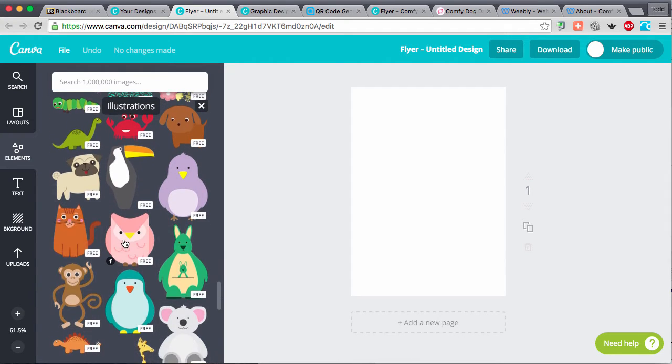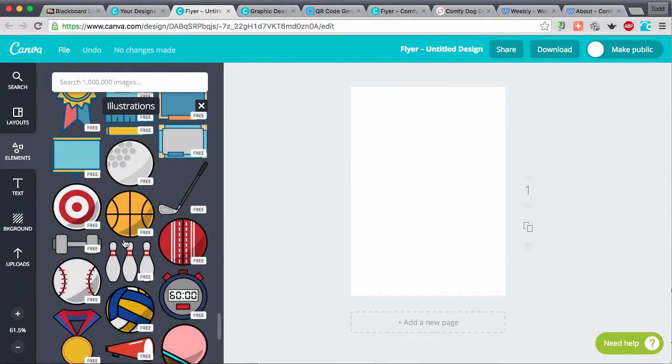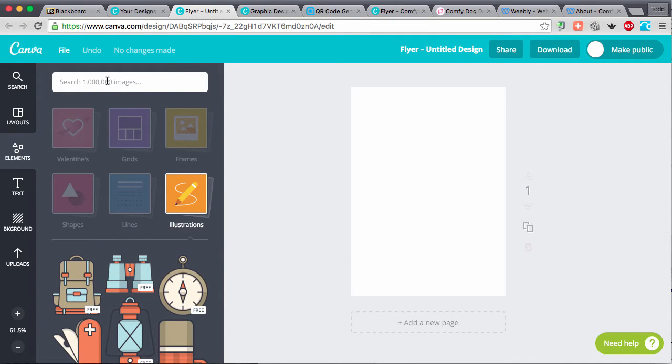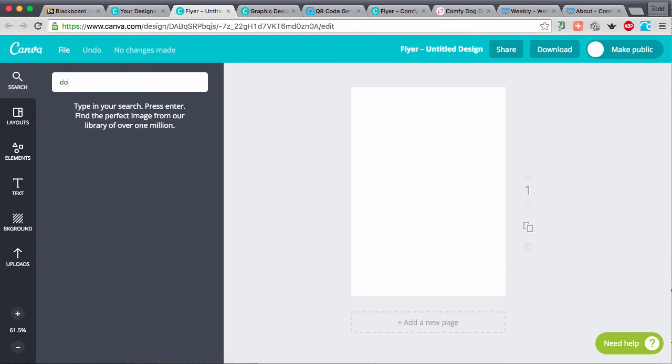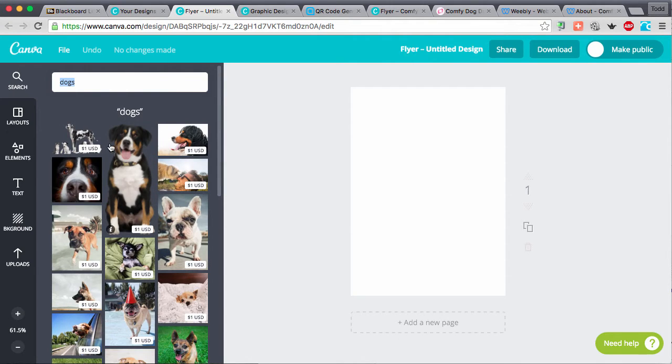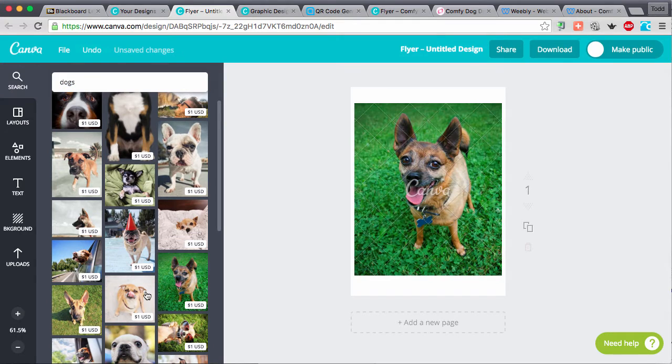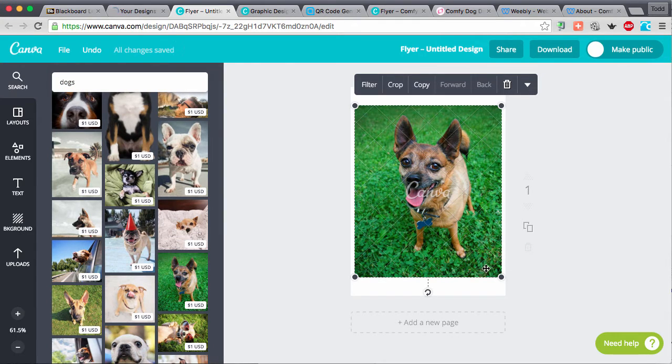So as you can see, there's a lot of free ones that you can use, but just be careful of that before you get too far. You can also search, so if you want to search, mine's on dogs. Okay, you can see that these might have a lot more that are paid for, not as many that are free. Okay, now if I try to choose one, you'll notice that I have this Canva watermark over it,